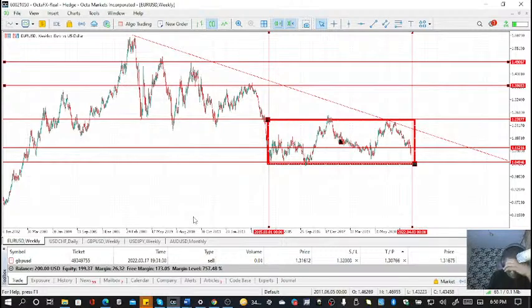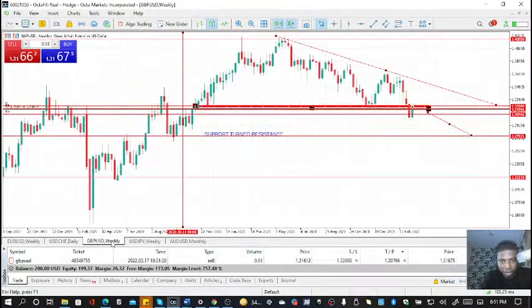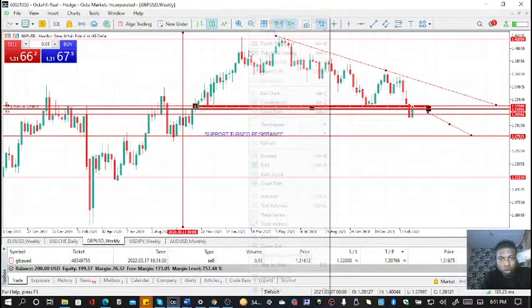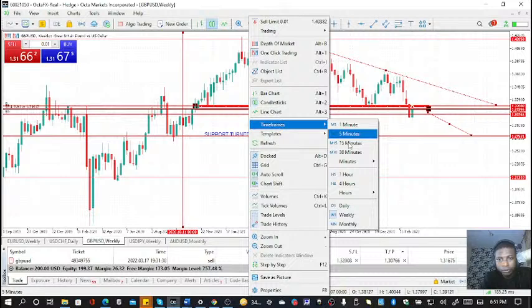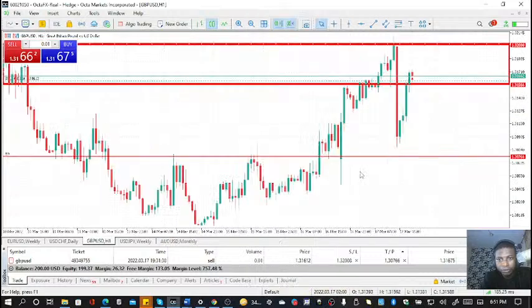Someone is asking another question here. You said $3 to reward. How can I maximize the money? So what I said was insignificant to this trade I took, right? From this trade I took, let me go back to the 1 hour time frame. Good. So from this trade I took, I set my stop loss at